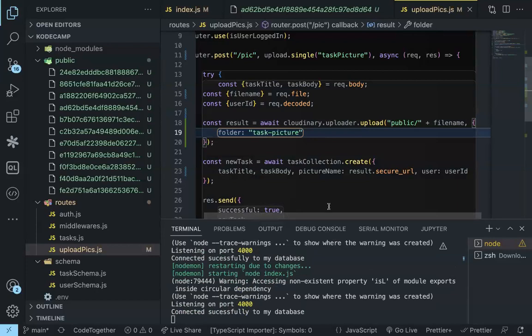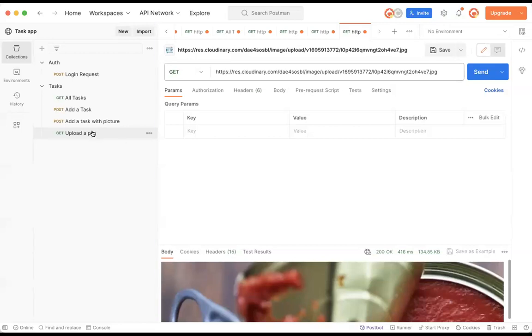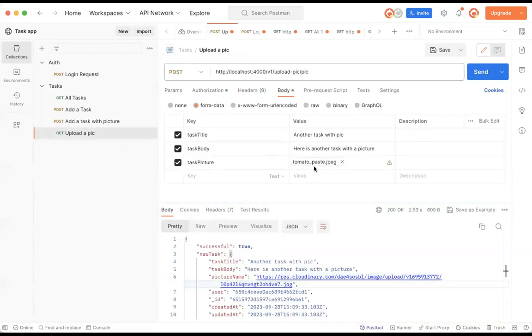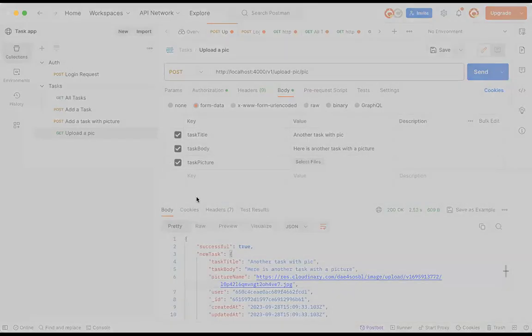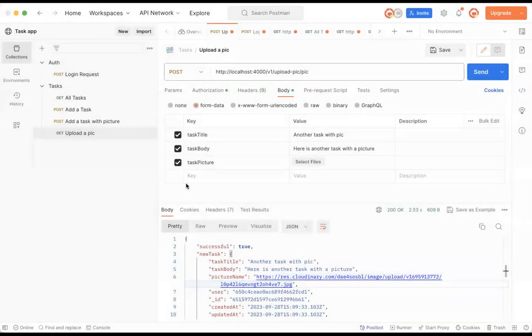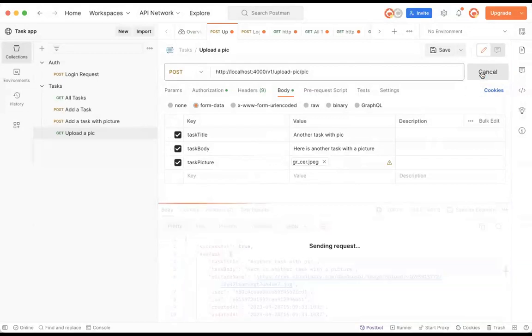Now let's go back to Postman. Upload the picture. Let's make another request again, but this time I don't know what I should choose. Groceries and cereals, GRCR. This is just a picture of rice, wheat, and some other stuff like that. Okay, so let me make that request, send,